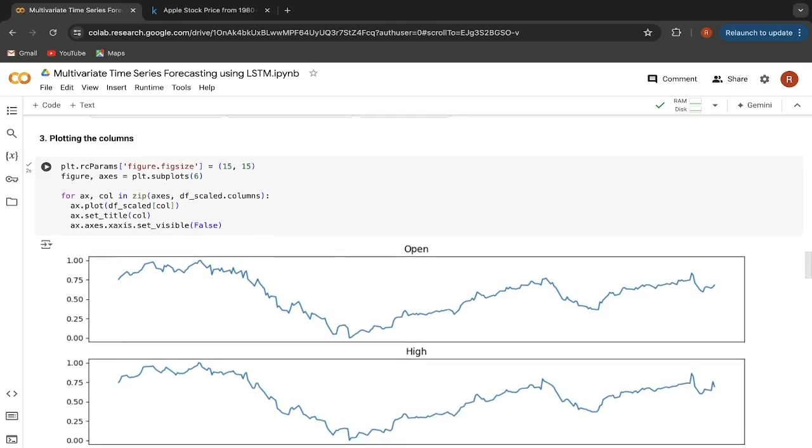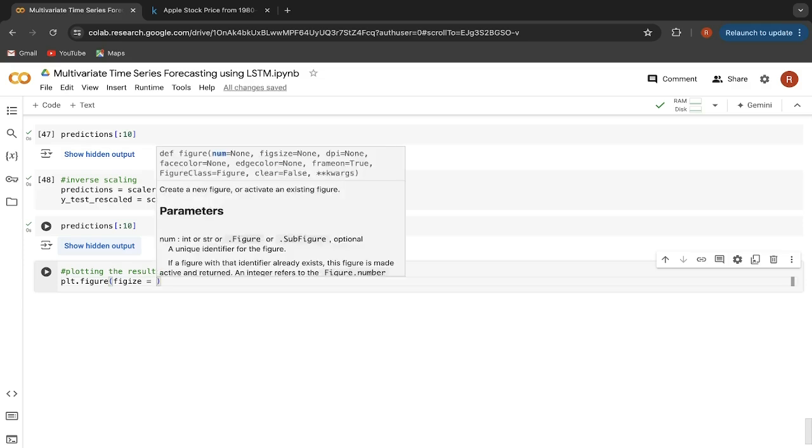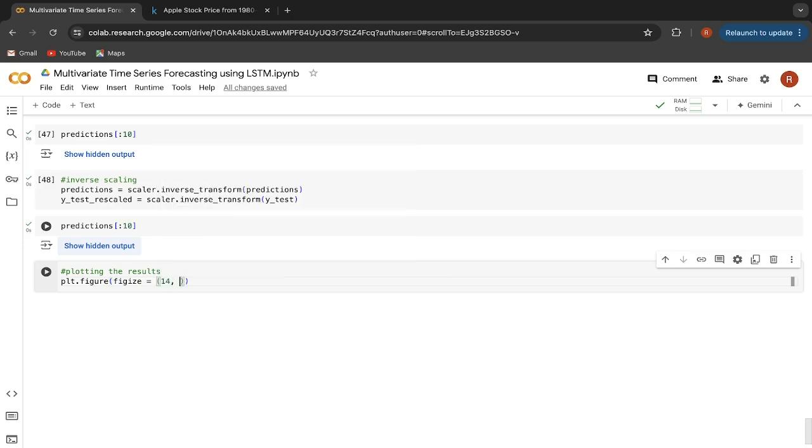Here we will try to plot the results for all the columns using subplots. So let me say here plt.figure, then give the fixed size whatever you want. Now as we are going to plot these plots, not only one after the other but also in column and row format, hence we have to give a small figure size. So we will say 14,7.